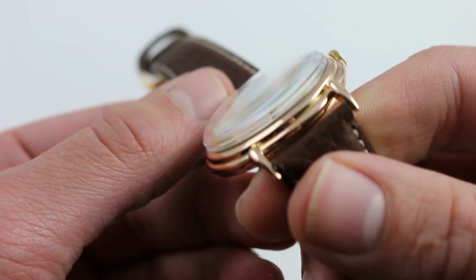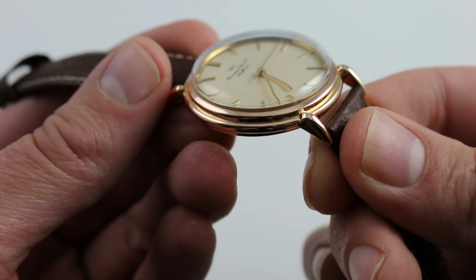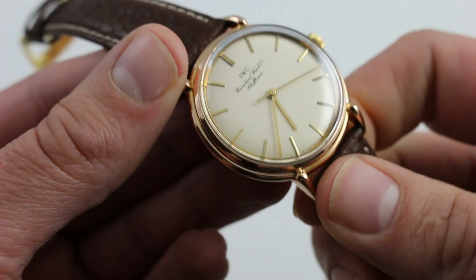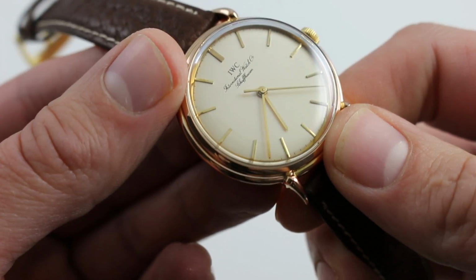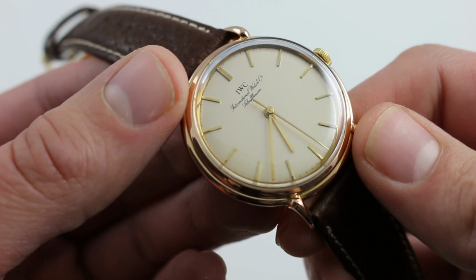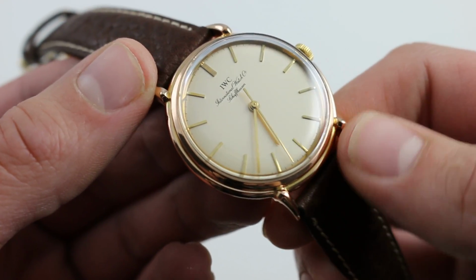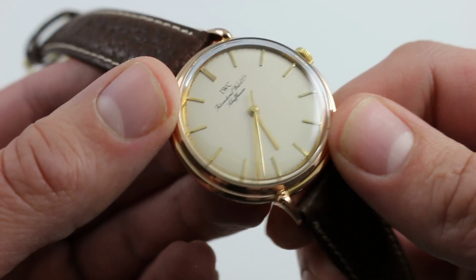And again, all of the lines of the case, the size, the volume, and the definition of the lugs, beautifully preserved. Everything about this watch presents effectively as new as a watch manufactured before the Eisenhower era could ever be. It's an exceptional piece. It's for the hardcore IWC collector or the vintage watch aficionado who really knows his stuff. At 36.5 millimeters, this one wears modern on the wrist, and I can assure you that